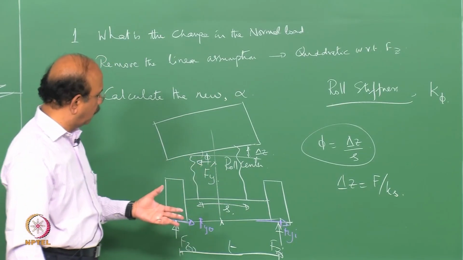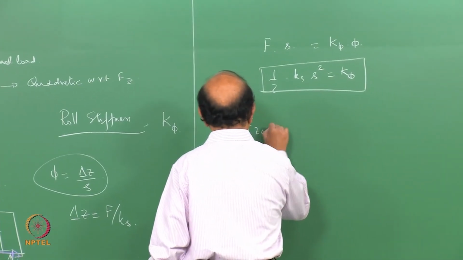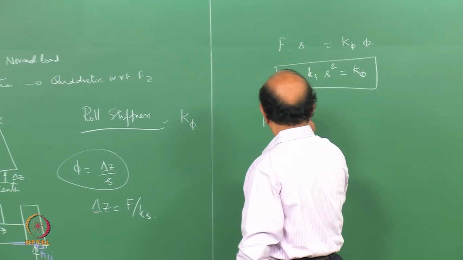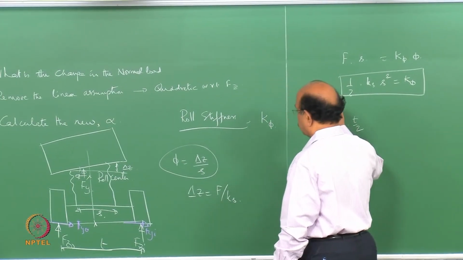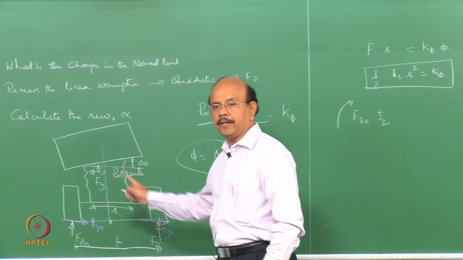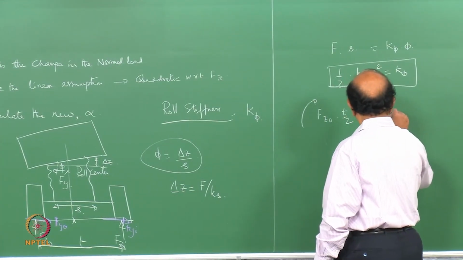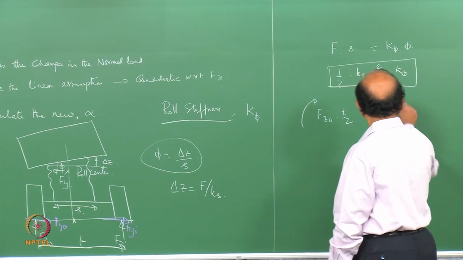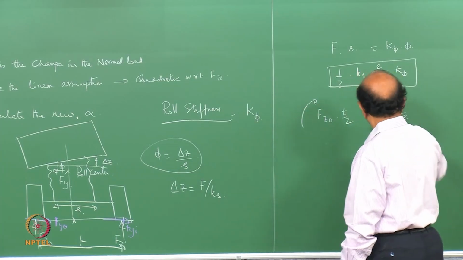Right. Now, how do I write this? F z outer into T by 2, about this, and that's the clockwise direction, right? Then minus F z inner into T by 2. This is in the anti-clockwise direction,